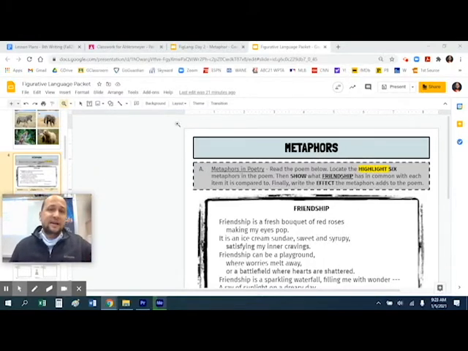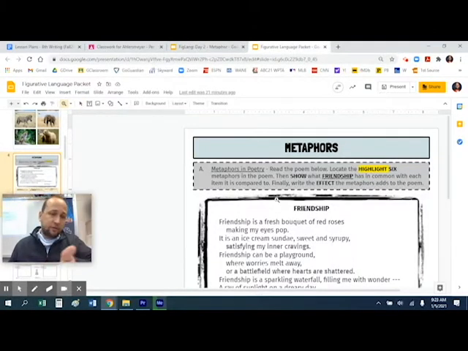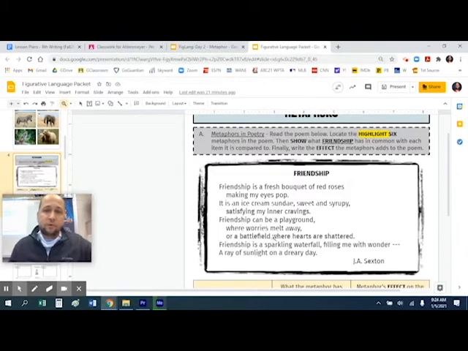So today's activity, as we see on our document here, is in our practice packet. For our metaphor, we want to scroll down and take care of those. Metaphors in poetry. There's a short little poem here. What we want you to do is read the poem below and, in your document that you're keeping track of, highlight the metaphor. So when they're comparing two things without like or as. Go back to that rock star example from the earlier slide.